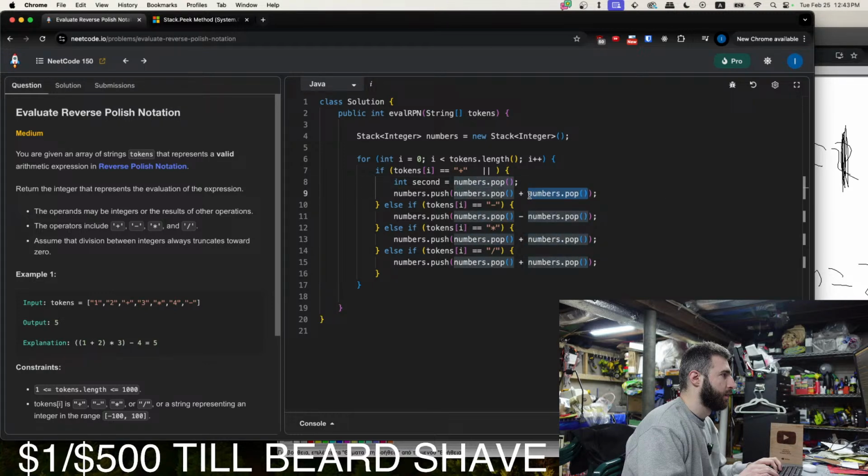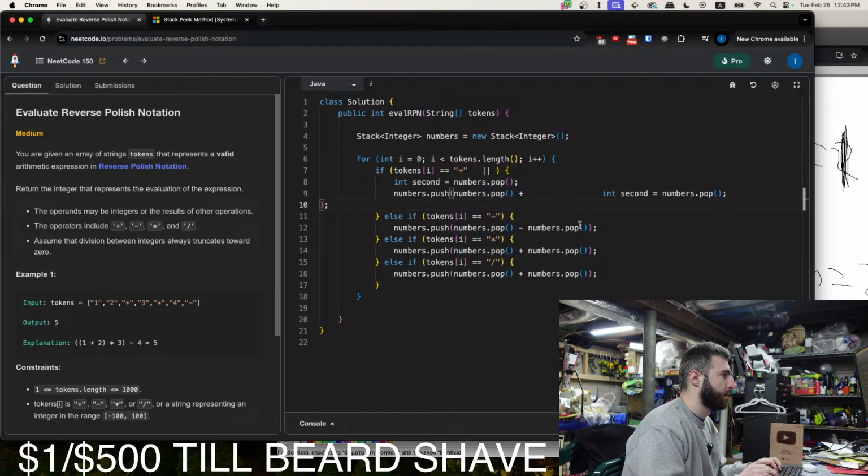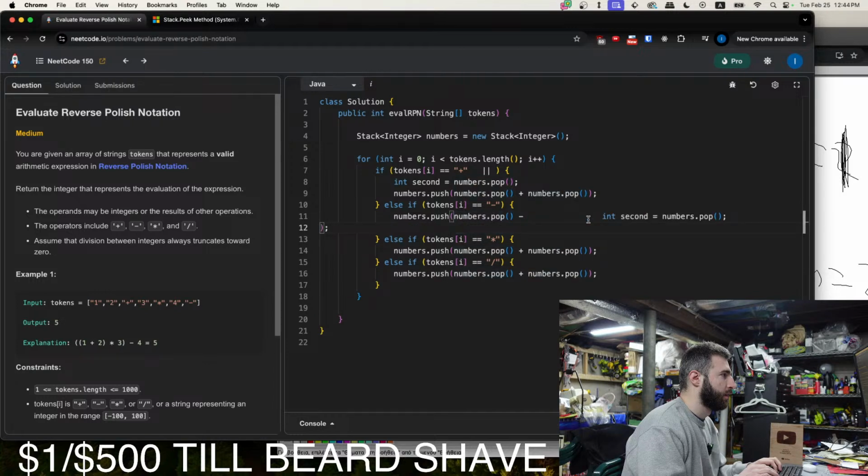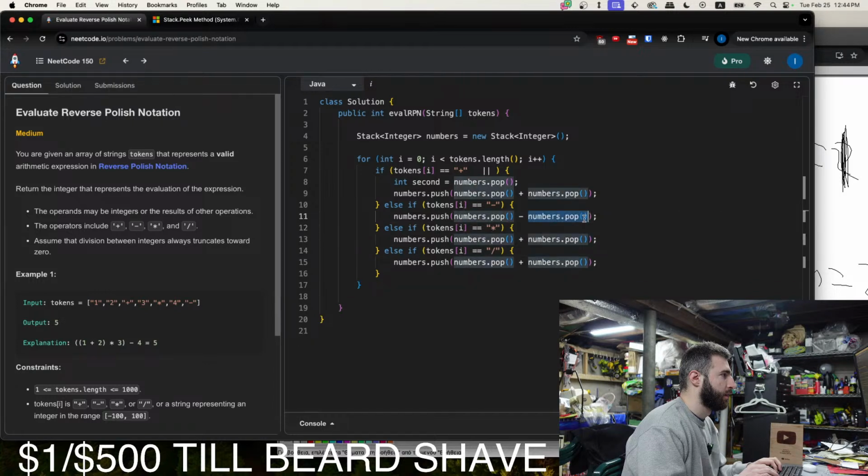It doesn't really matter for addition. But it matters for subtraction. Bruh, what?